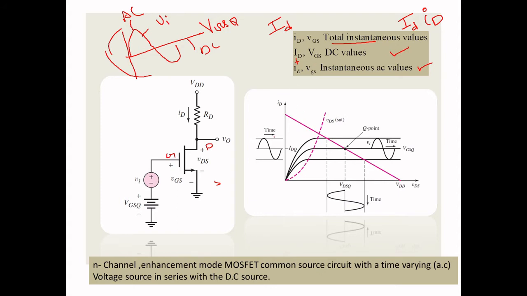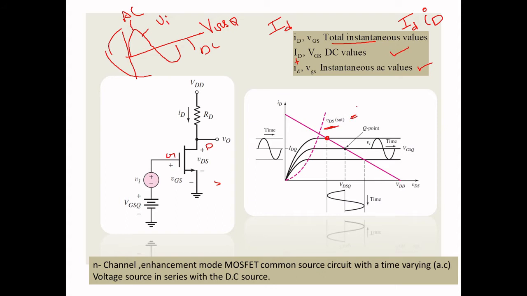When you look at the circuit here, this is your output current, this is your output voltage, and this is your input voltage which was given in the circuit. So exactly at the quiescent point, the signal was flowing and varying with respect to time. You have fixed the quiescent point in the saturation region, between the cutoff region and the non-saturation region. This is a transition point placed between the saturation region and the non-saturation, that is the ohmic region.